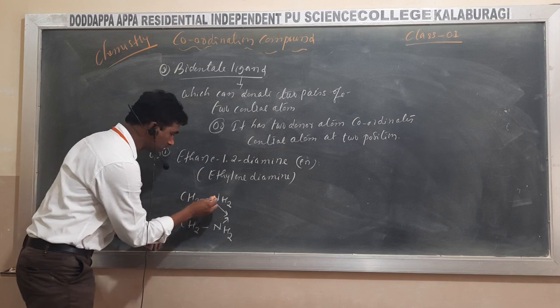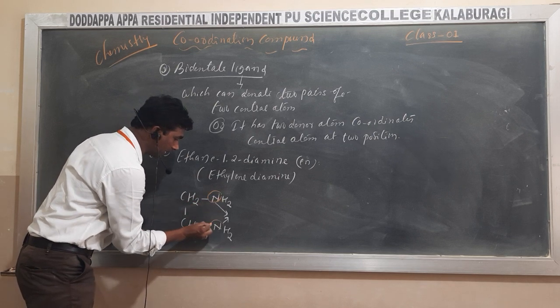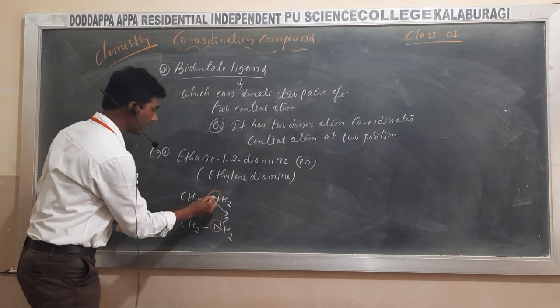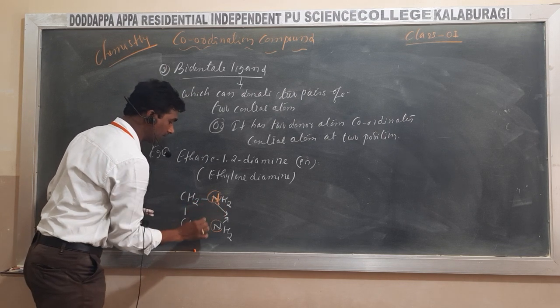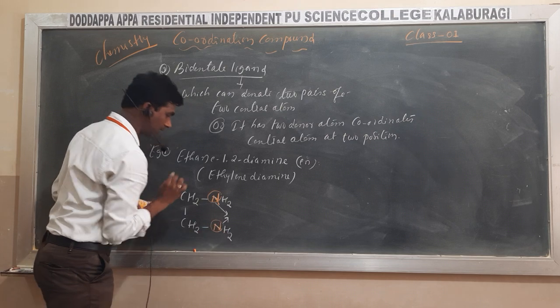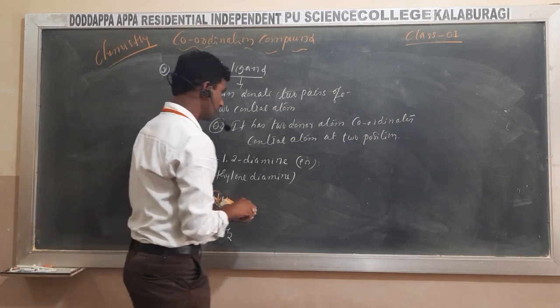In total, how many donors are there? Nitrogen is one donor, and this nitrogen is also one donor. Two donors, so hence it is called a bidentate ligand. So the next example